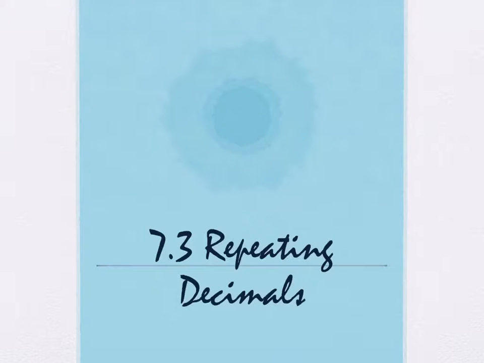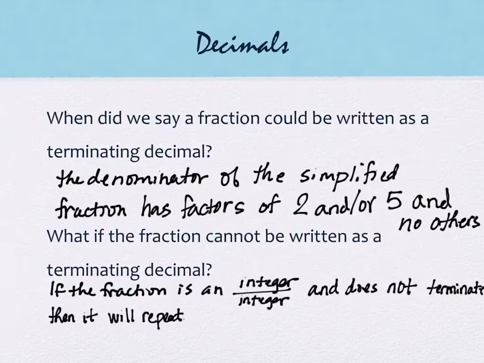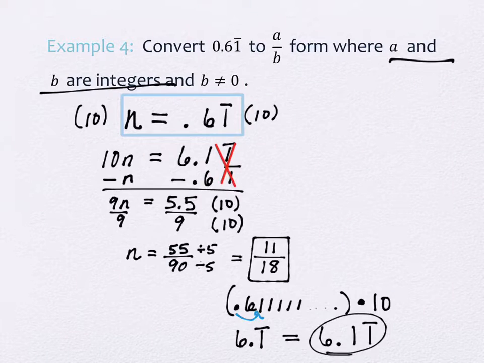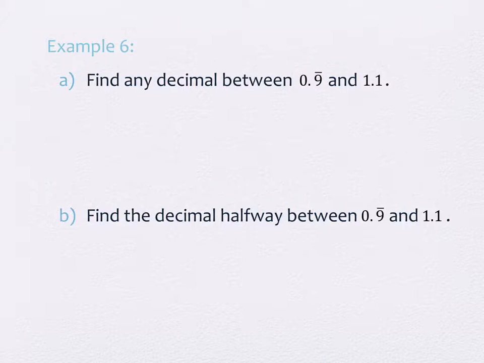We started section 7.3, repeating decimals, last time, and I believe we left off with me making some of you very, very uncomfortable about the fact that 0.9 repeating was equal to the number 1. Does that sound right? Very uncomfortable. So we're going to pick back up right after that with finding a decimal between the number 0.9 repeating